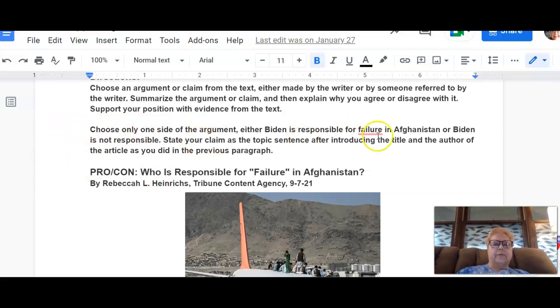Either Biden is responsible for failure in Afghanistan or Biden is not responsible. State your claim as the topic sentence after introducing the title and the author of the article as you did in your previous paragraph. So,